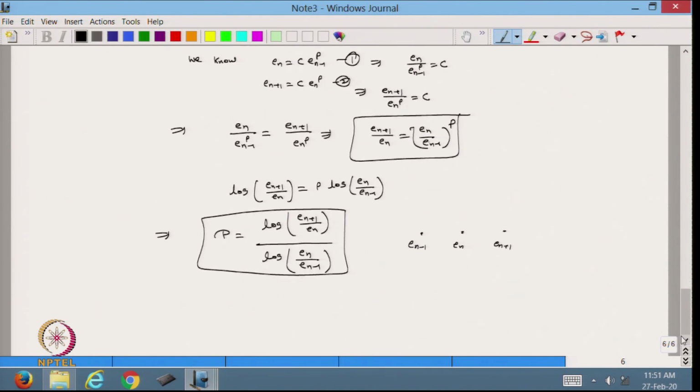But now the question is, suppose I take the Newton-Raphson method, and I start from the initial point x0, x1, x2, x3, x4, I will get the errors E0, E1, E2, E3, E4. If I put these values, should I always get the value of p as 2 in the case of Newton-Raphson? That is not the case, because